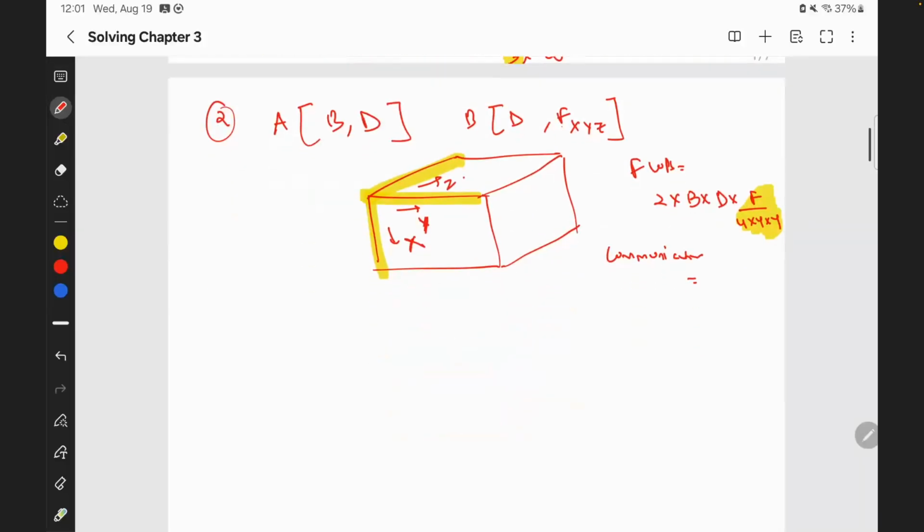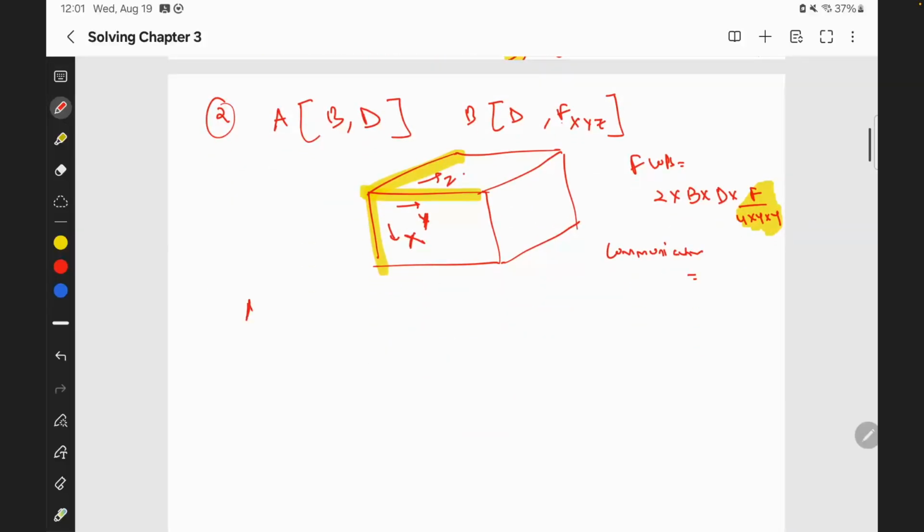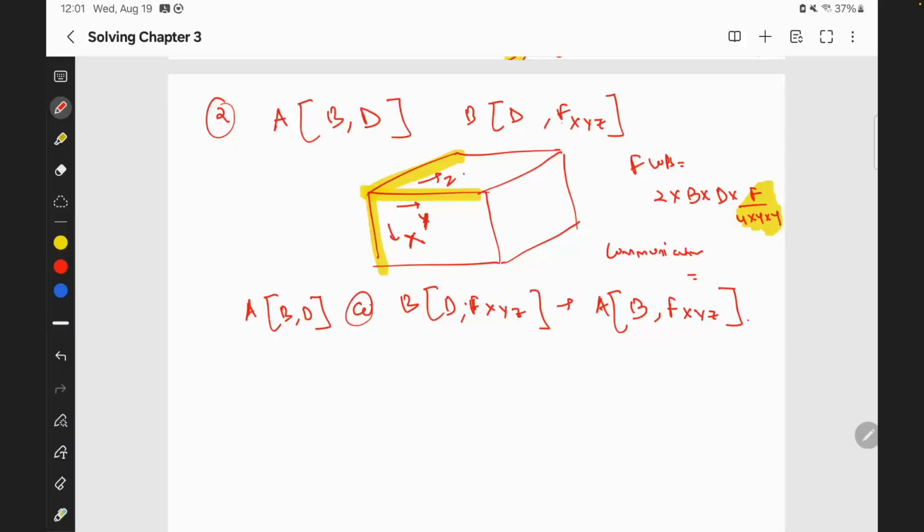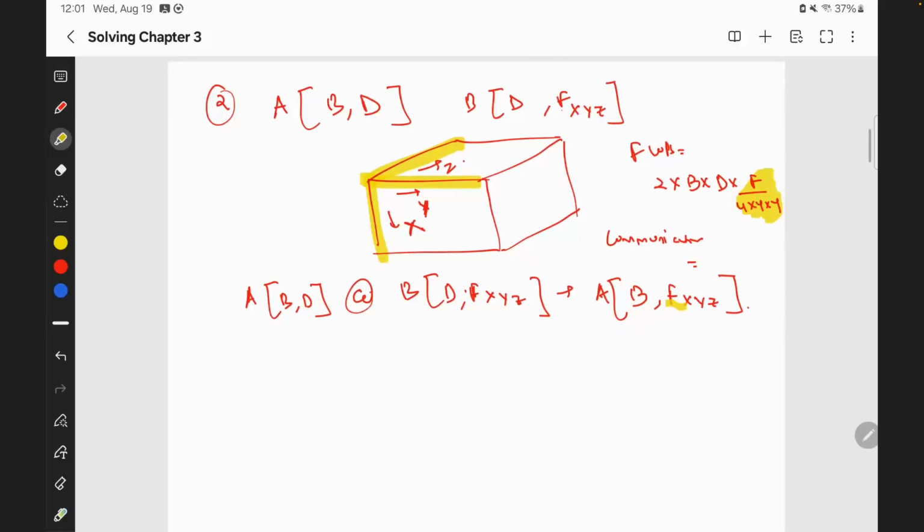If I write down the equation here, you have b comma d for each device, f x y z, and you multiply here and you get b comma f x y z. So you get this sharded, and then you need to